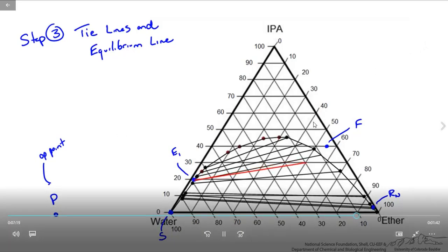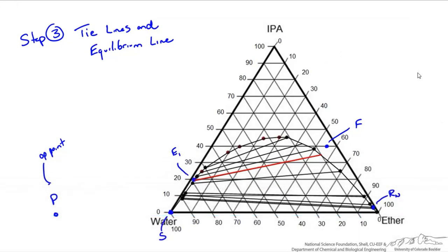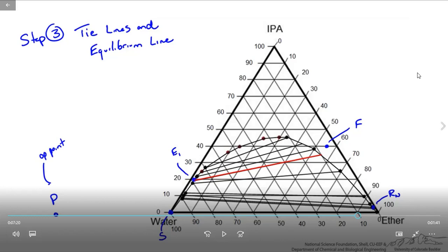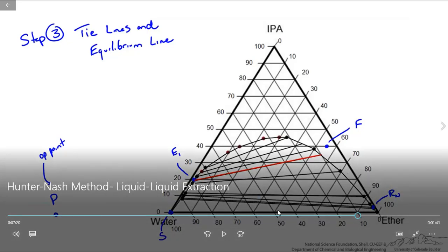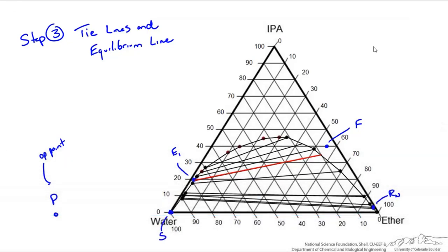So now after this, our next purpose is to locate the tie line and equilibrium lines, actually the same lines which we have drawn at the end. Last time we have seen an alternative use of the tie line and equilibrium line, or you can say operating line. Actually he is calling the operating line an equilibrium line. So the tie line and operating lines are located.